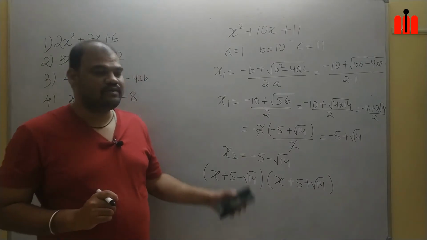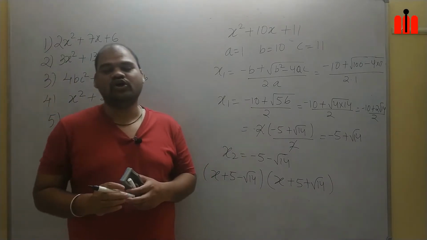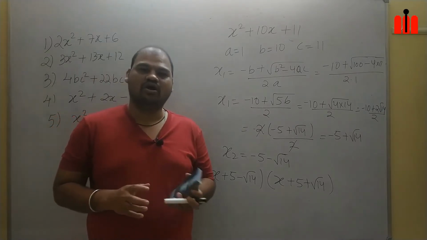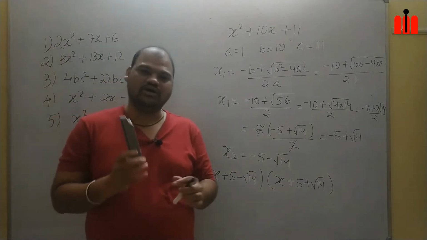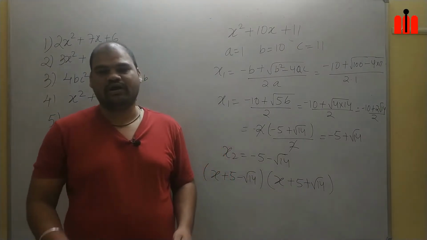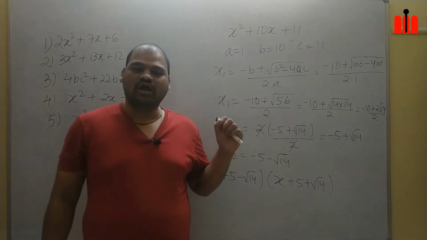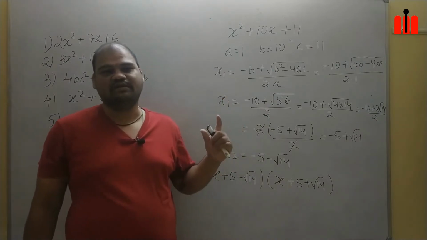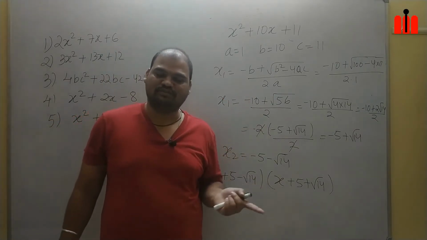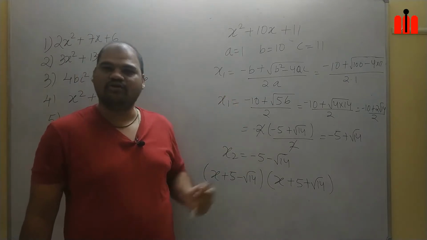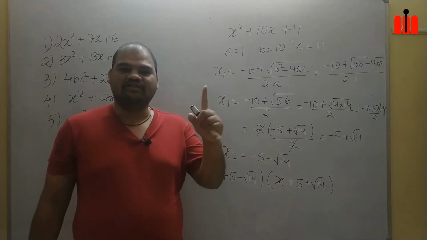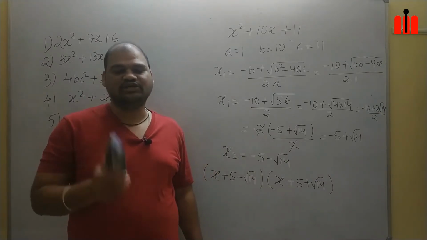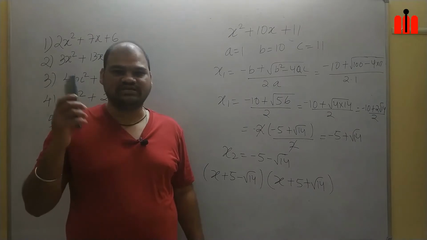So this completes this entire section 2, where we solved quadratic expressions. To some extent we also saw how the roots are found for quadratic equations. In this section we saw 2 methods: one is splitting the middle term and the other is using the quadratic formula. After this, one image will be displayed on your screen, which is for your homework. So please do those sums and move on to section number 3.